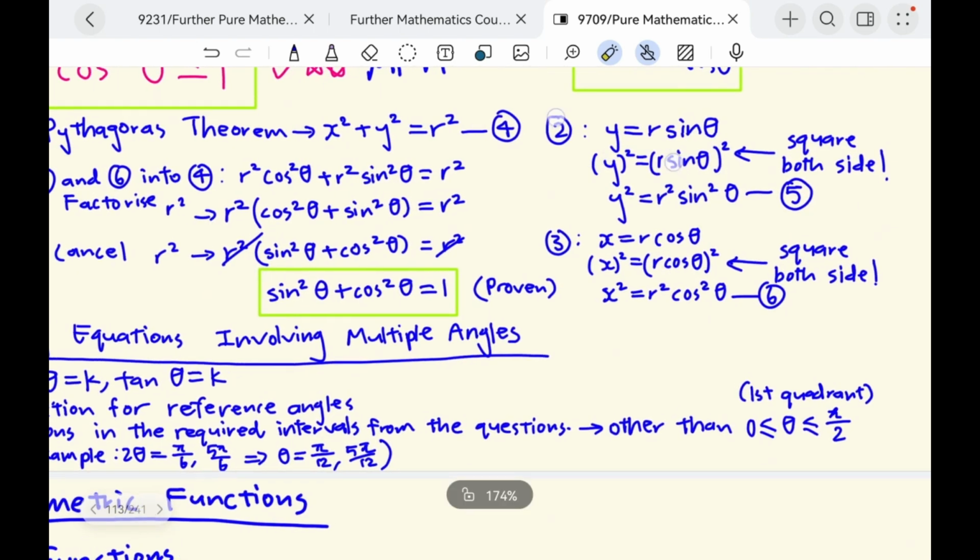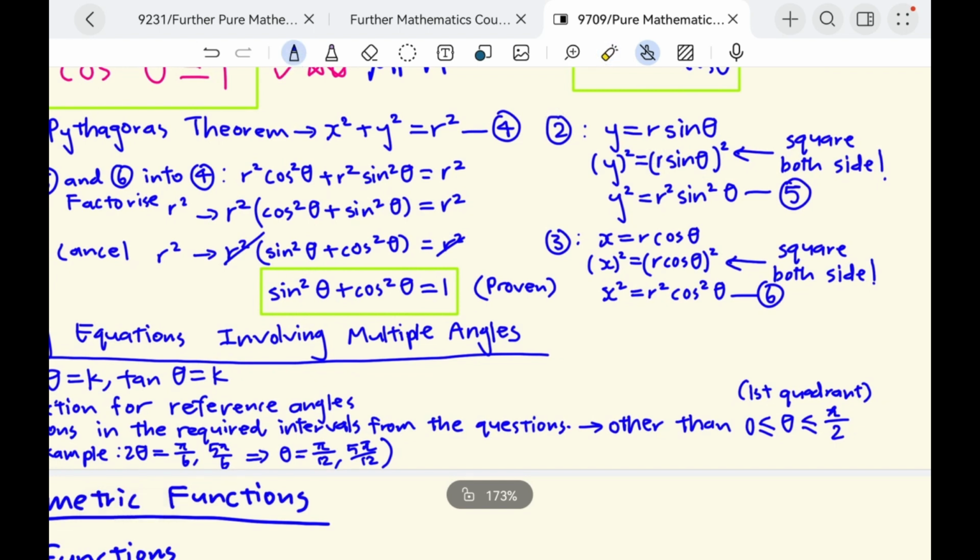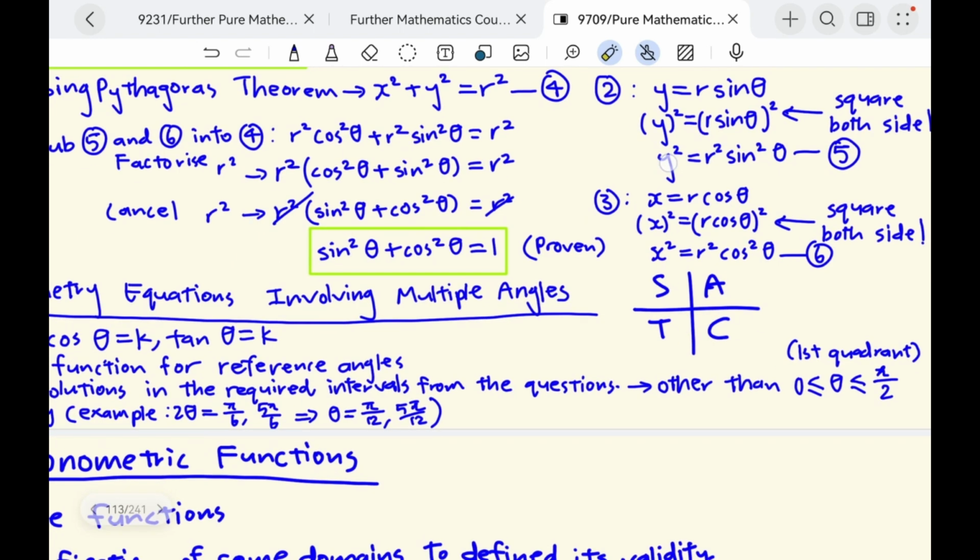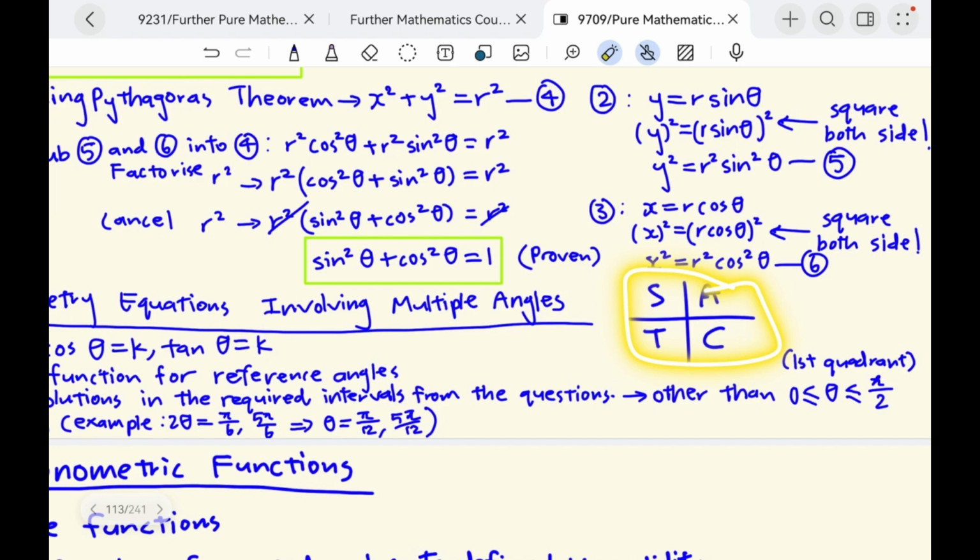As I implied before, we need to have a strong grasp of the ASTC, all sugar to cinema, in the four quadrants. S means it is positive in the second quadrant. T means it is positive in the third quadrant. C means it is positive in the fourth quadrant. So you must bring this fact and apply it to solving